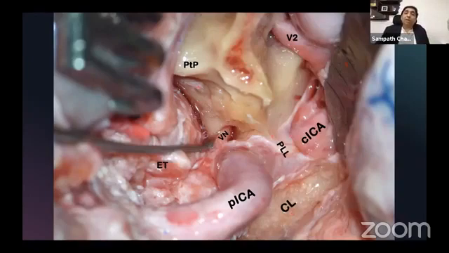What lies above and medial to the pterygoid plates? Now, this is a little confusing. Again, my intention is to give you an overview and not really to teach you skull base surgery in one day. So the base of the pterygoid has the vidian nerve, which is formed from the GSPN and the deep petrosal nerve, and goes into the vidian canal. So if you drill this pterygoid plate, you will get into the nasopharynx.